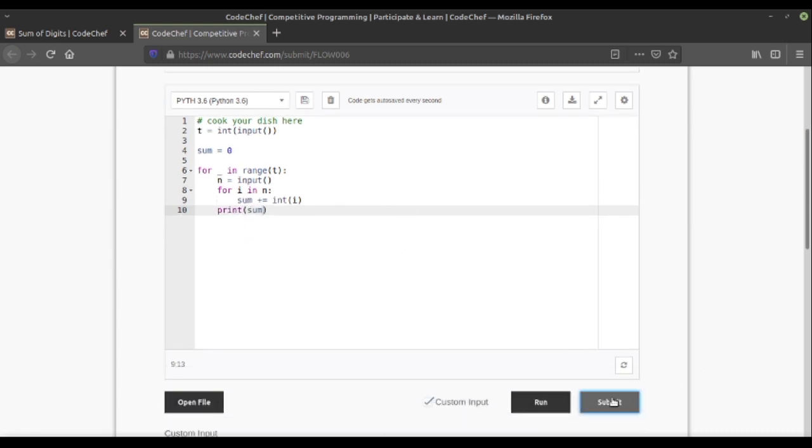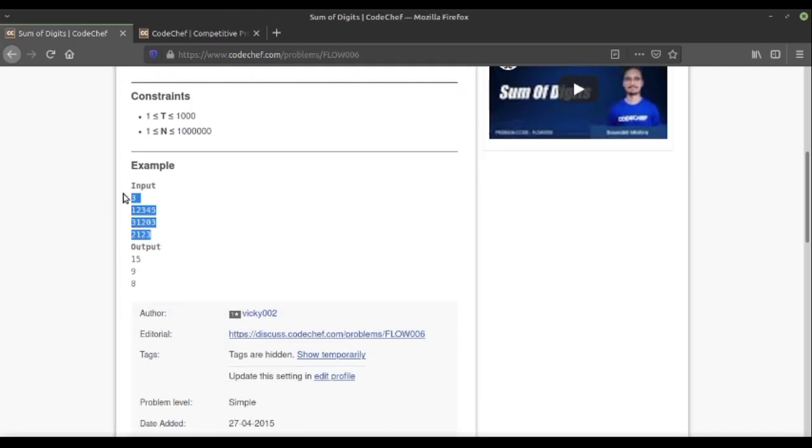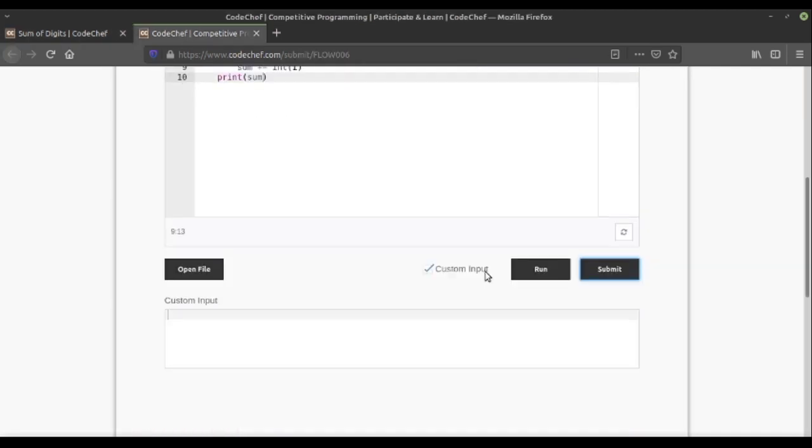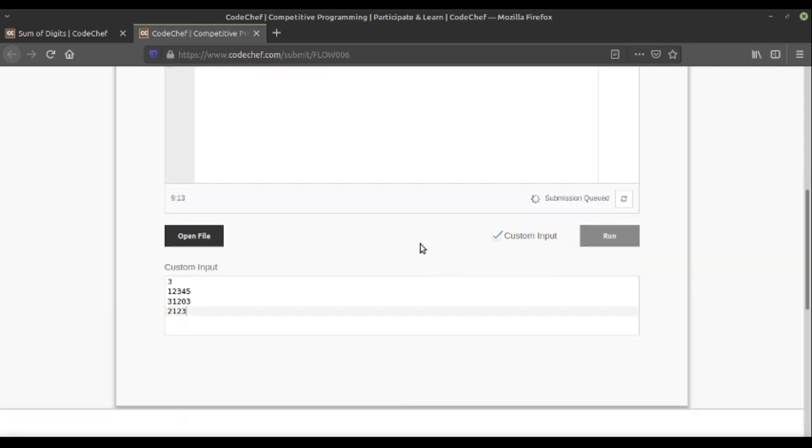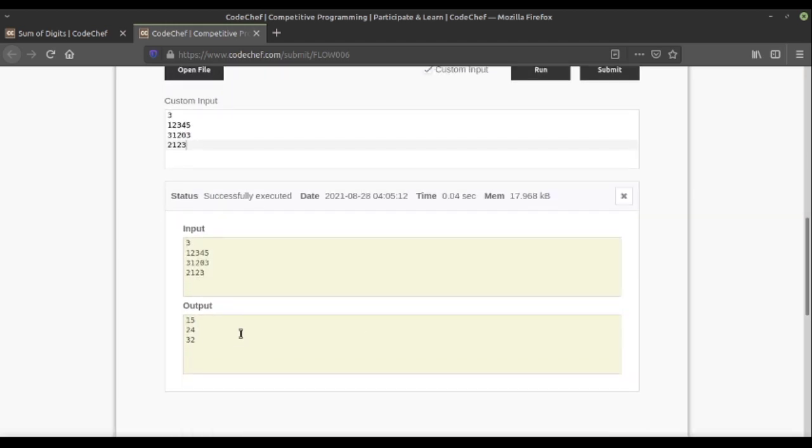So let's first run using this test case whether we are getting the correct output or not. We are getting 15, 24 and 32.